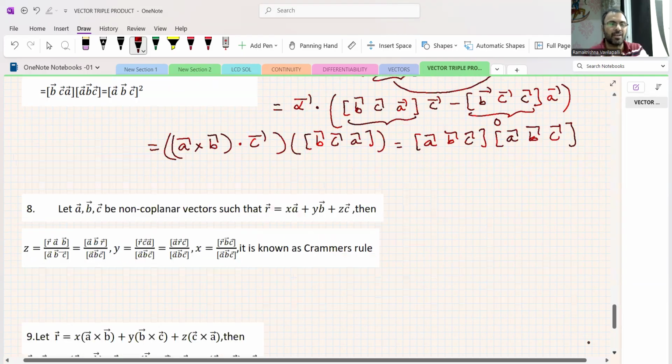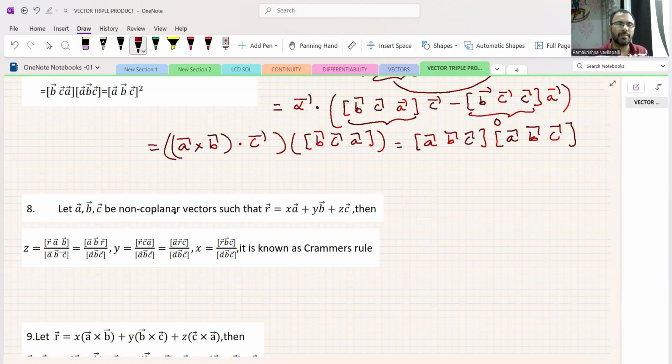And we are reaching, at last, that if A bar, B bar, C bar are non-coplanar vectors such that R bar is equal to X A bar plus Y B bar plus Z C bar, then we can have that Z is equal to box RAB by box ABC, X is equal to box ABR by box ABC, and Y is equal to box RCA by box ABC. Nothing but, in the numerator,